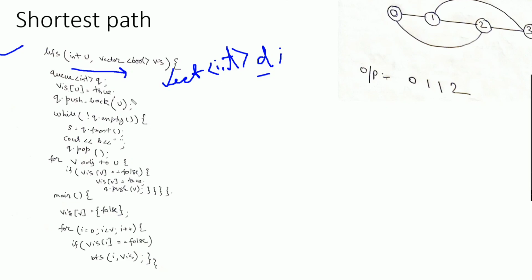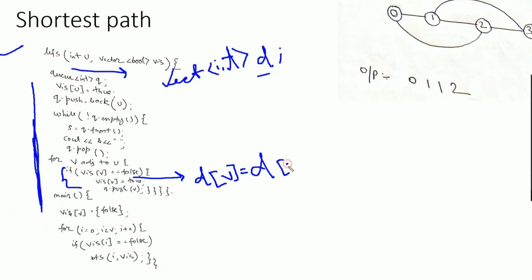All the lines of code are the same, but in this if condition we need to add that formula: the distance of V, the adjacent vertex, equals the distance of the current vertex that we are exploring plus 1.